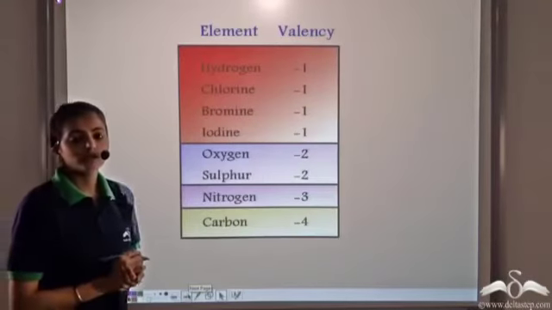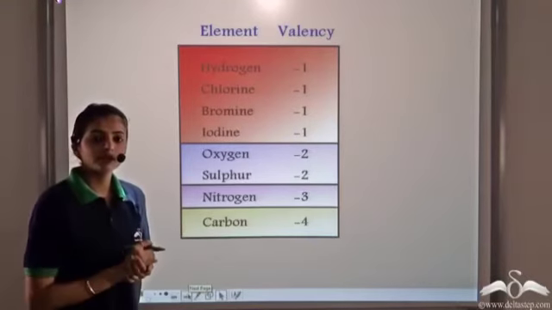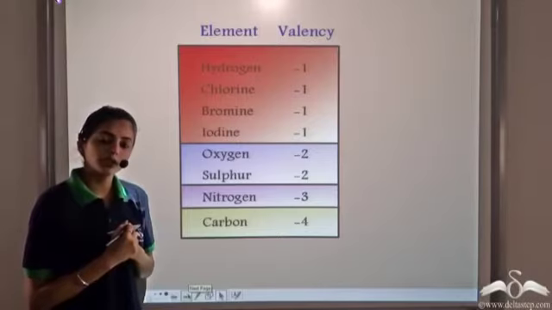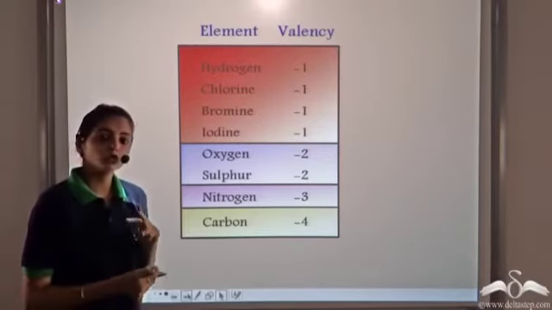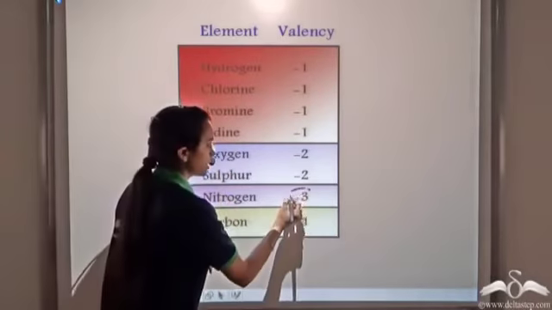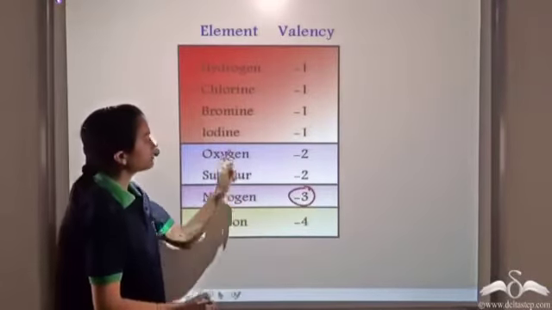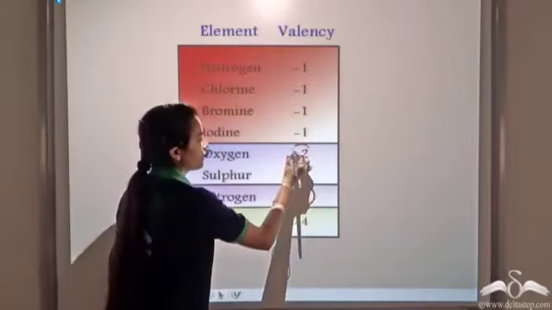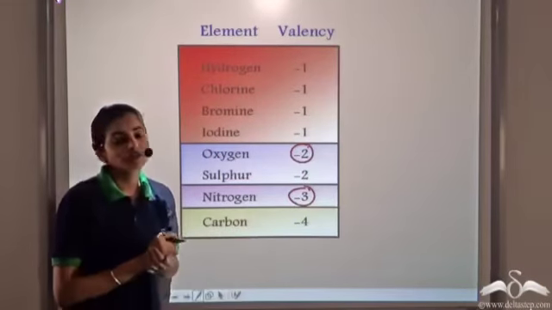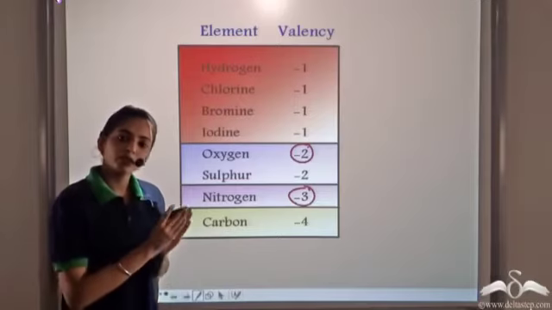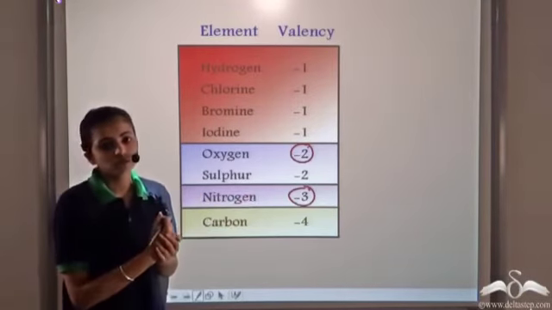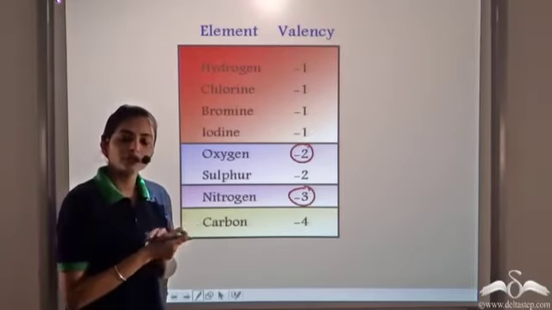Now, you know that when we form the chemical formulae from the chemical symbols, we take one positive ion and one negative ion. This is how we form the compounds. But in this case, we have two non-metals: nitrogen, which has -3 valency, and oxygen, which has -2 valency. We've so far seen that we have to satisfy the octet rule. So whenever we have one positive ion and one negative ion, one atom loses electrons and the other atom receives electrons. By doing this, both of them have a stable octet.